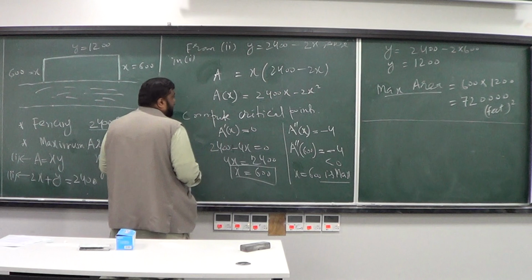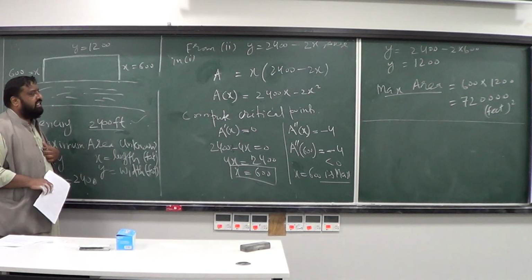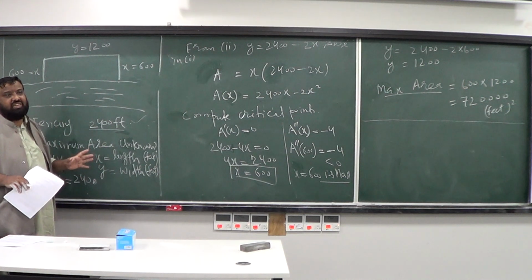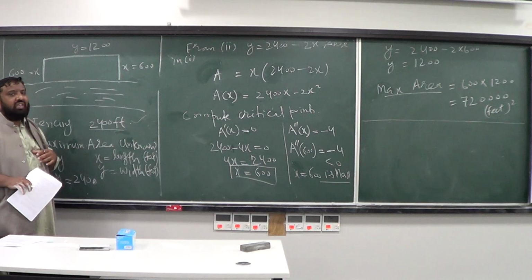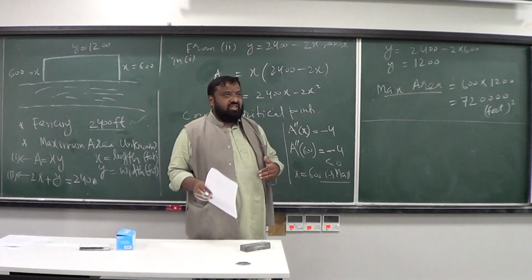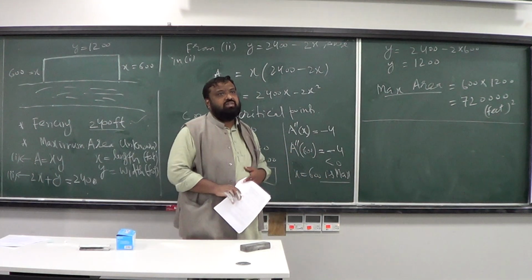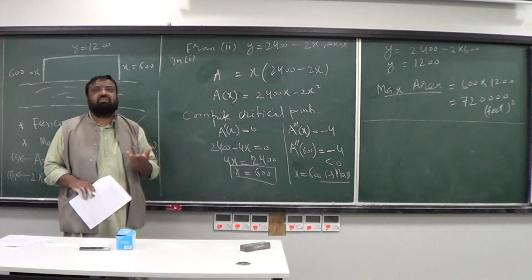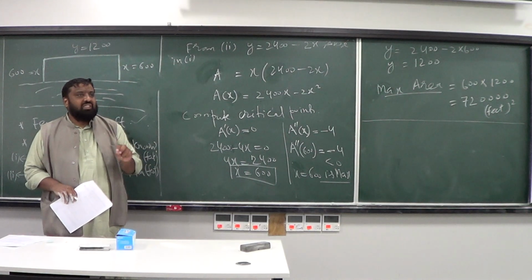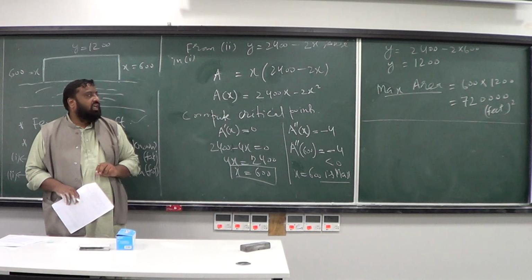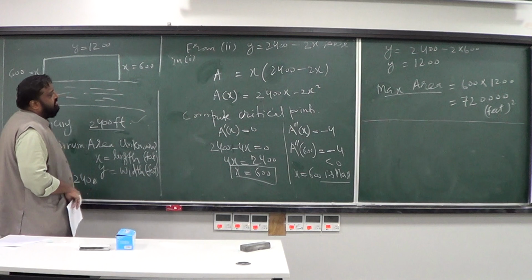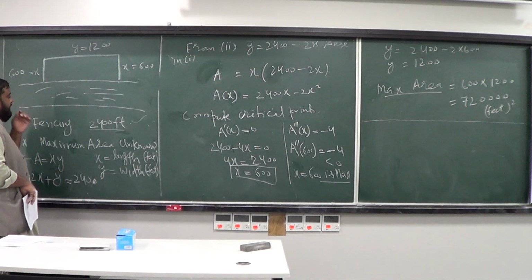Another way to deal with it, if you don't want to do the second derivative test, I prefer the second derivative test. It's not necessary that the second derivative test always works. If you're not getting any decision out of the second order derivative test, then you have to check through the first order derivative test as well, because there can be some points where the second order derivative is equal to 0, then the test would be inconclusive. Then the first order derivative test would be more beneficial to use. If you think a bit carefully about it,